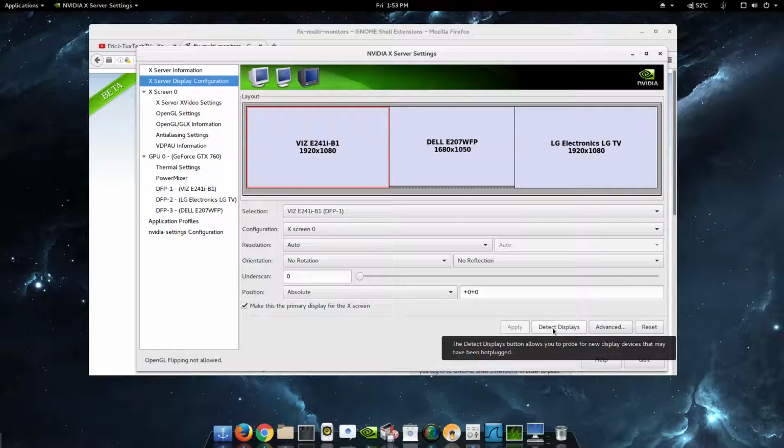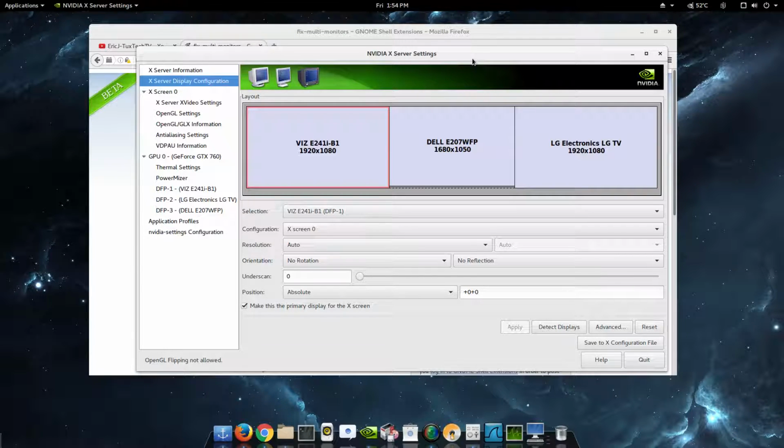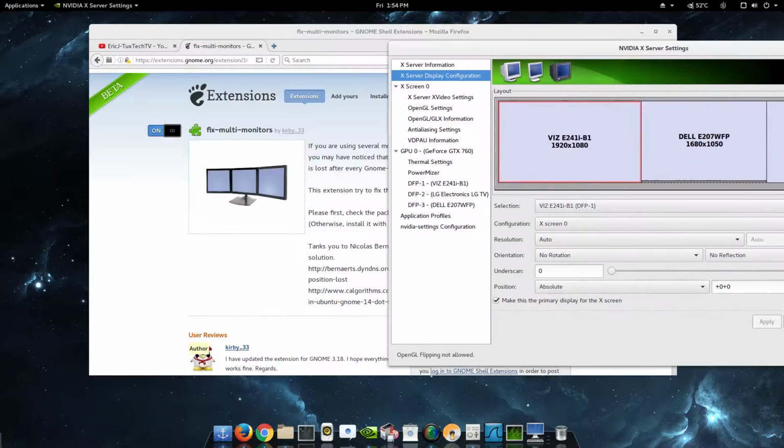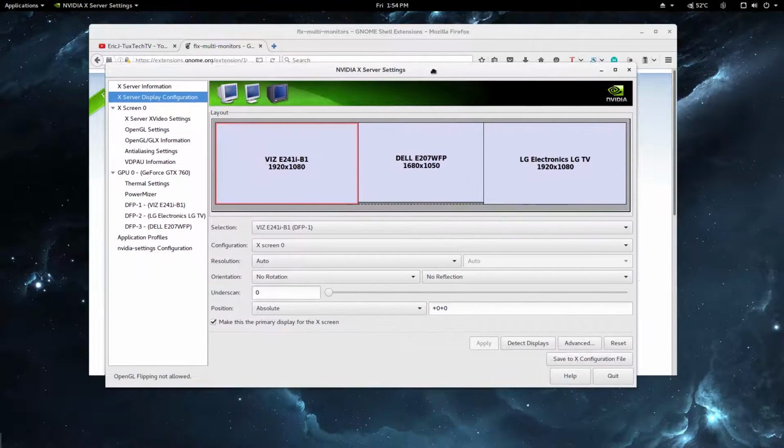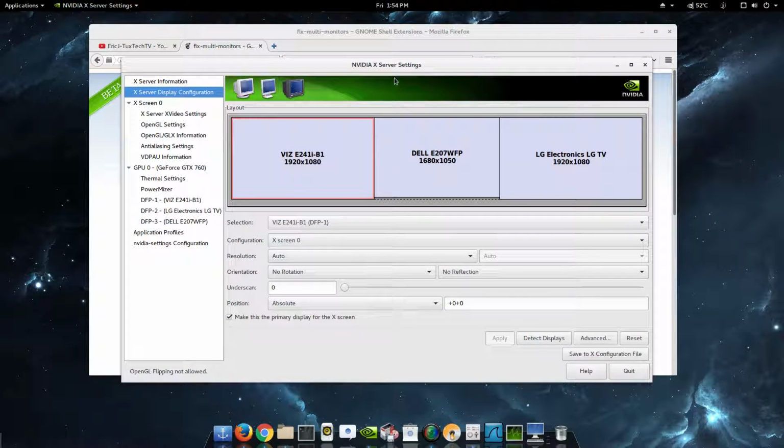I don't know if it has to do with the X11, or if it has anything to do with whatever OpenGL rendering is going on in the background, or the X server. Sorry, not X11, but the X server. I don't know where the trouble is. Pretty much not a programmer. I don't deal with that type of stuff, but just for you guys to know, that's what I've been going through. So with the triple monitor setup here,